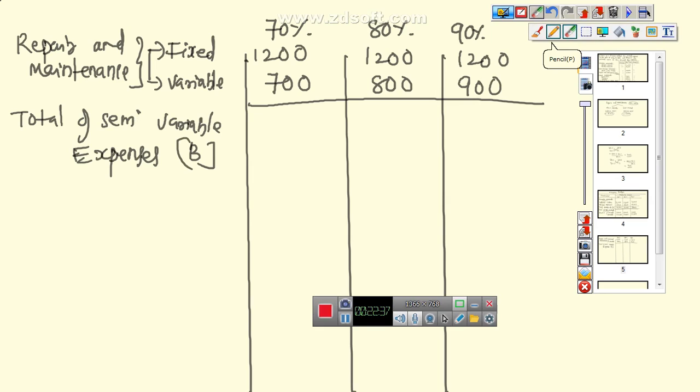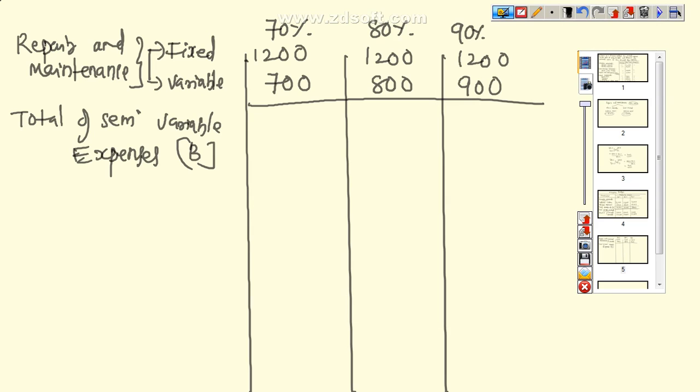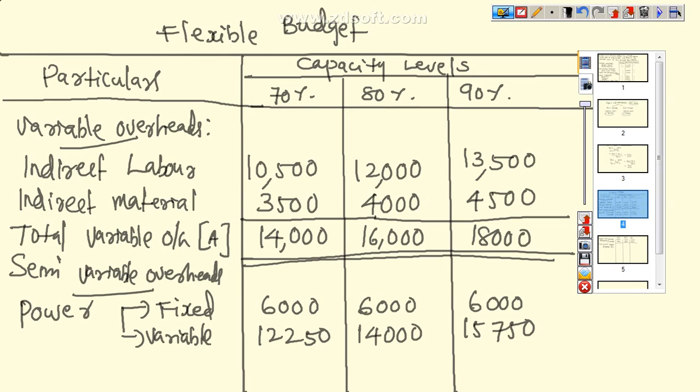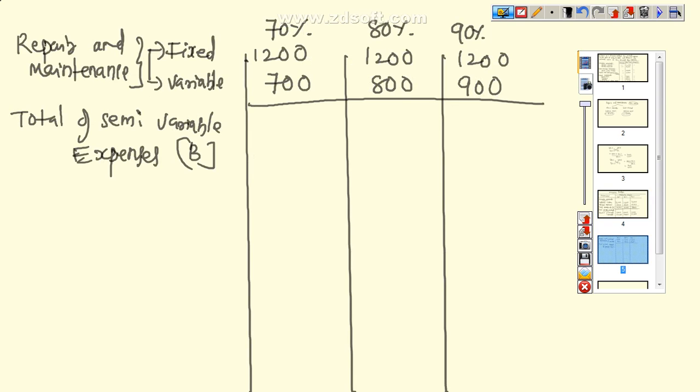So that is equal to, there are two semi-variable expenses. Earlier we have written power, then repair and maintenance. So total is equal to 6000 plus 1200 and 250 plus 1200 plus 700, that is equal to